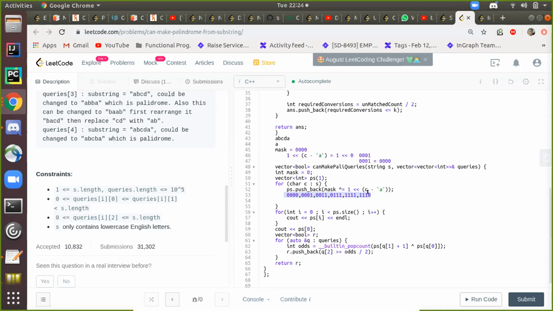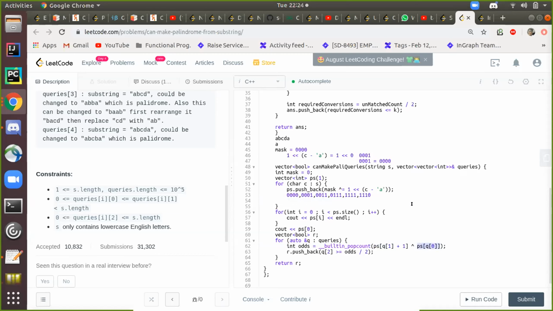Now this is the pre-computation we are through with. Now coming to this part, line number 61. This function tells you the number of set bits. Basically, this is a one-indexed vector, because this element is kind of useless to us. So now what we do is we XOR these two masks, this and this.